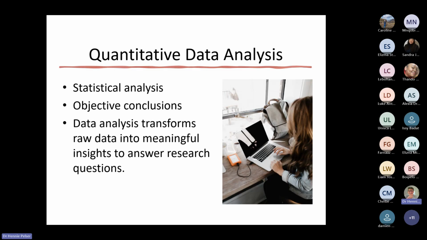So let's start with quantitative data analysis. I think at this point we know that we have to do a statistical analysis. The focus is about objectivity and from the numbers essentially drawing objective conclusions. The reality is we start off with our raw data. Another term for it is, but I don't think they're going to worry too much about this, your first order data. So that's the stuff from the actual empirical research, in case people throw other terms around.